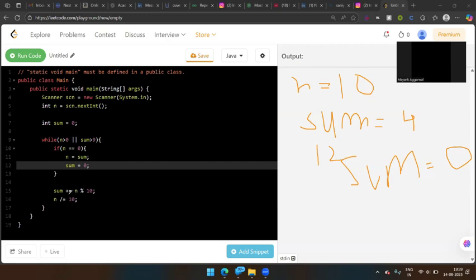Now this will take place, sum plus equal to n modulus 10. When this takes place, n modulus 10, 10 modulus 10, that will become sum equal to